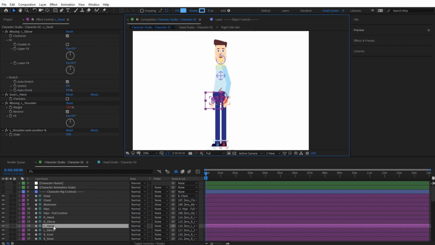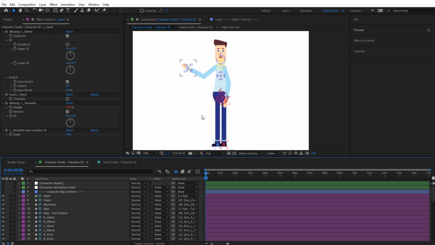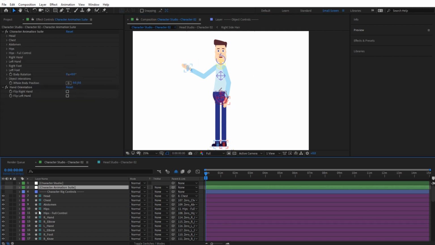And of course you can play with these and give them keyframes and animate them accordingly how you would like. So if I drag these, as you can see, the hand will follow, etc. So this is the character rig, which you can use to create your own animations. We can go back to the character animation suite in here. And in here there are some other options that you can use to further animate to help you in your